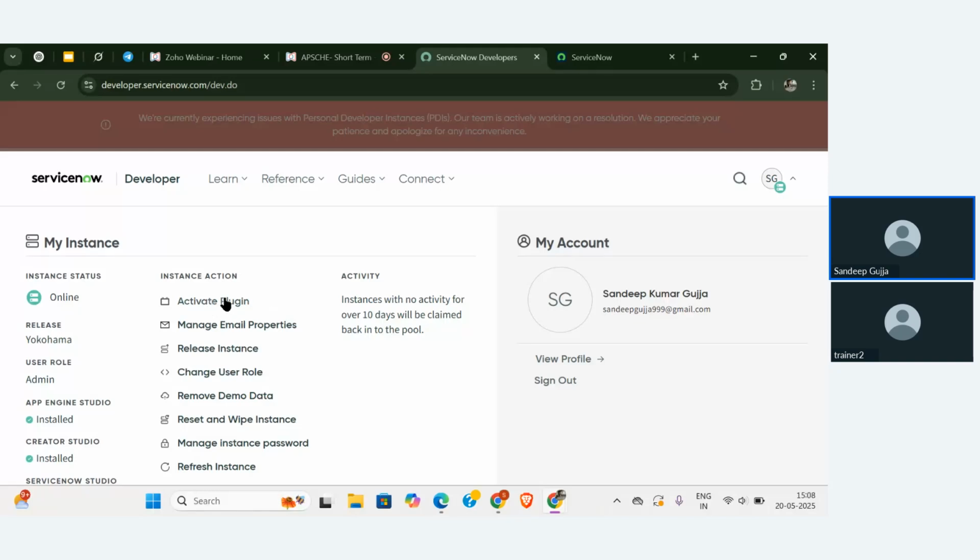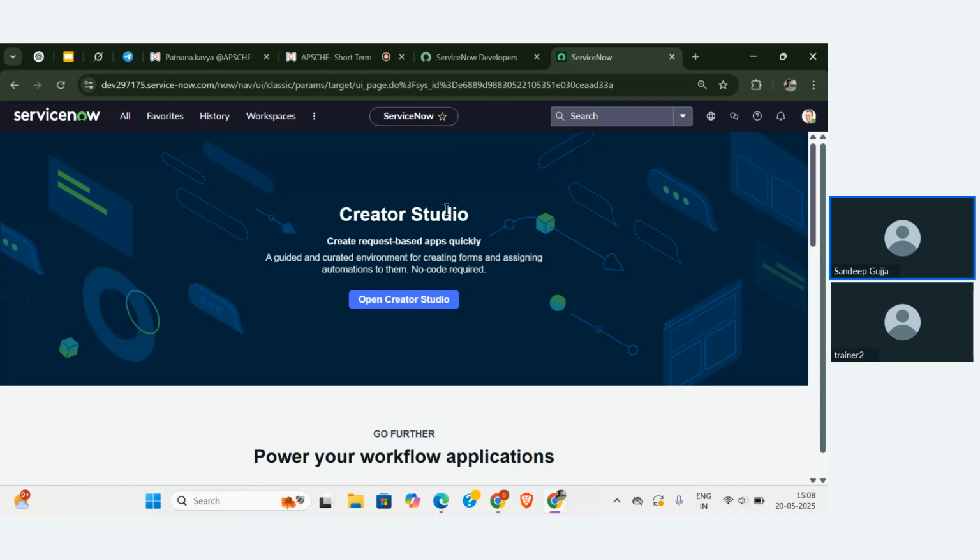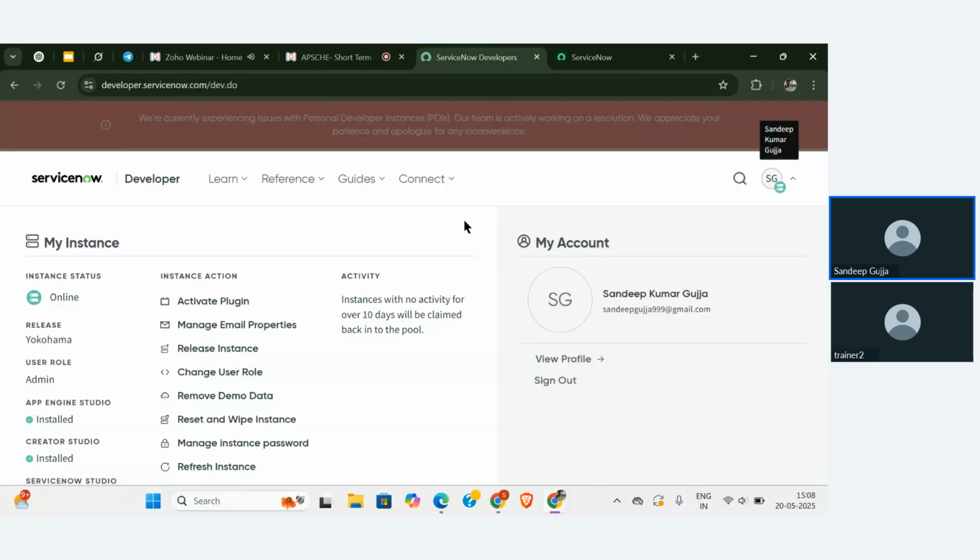Coming to the last option, that is active plugin. What is this active plugin? In ServiceNow we have multiple applications that are already pre-built in that particular instance, and we are going to use those as well. But we have an option called plugin that helps to install the latest plugins or the plugins that are created by someone. If that is useful for us, we can directly install that, and we can see what are the active plugins that we have for our instance in the instance actions directly.